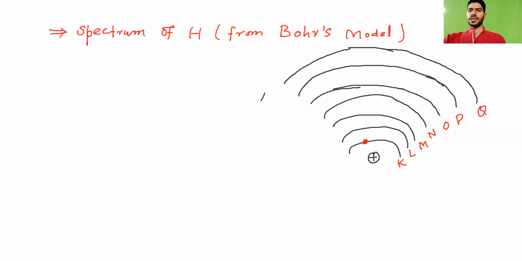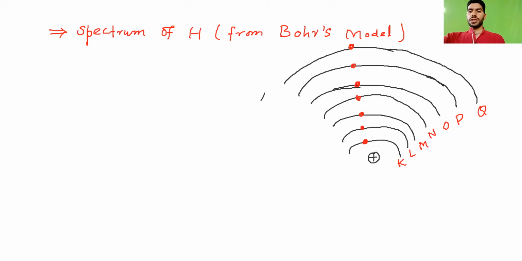Now tell me, when light falls on this electron, I have already told that it will jump. It can go anywhere. It can go into L, it can also go into M, isn't it? It depends upon how much energy we are giving to this electron. It can jump into any higher energy level. Now what will happen? When the electron moves into the higher energy levels, it is unstable there. I have told that in higher energy levels, energy is very high. So the electron will be unstable in these higher energy levels. What will this electron do now? It will come back. So there are various possibilities. For example, if the electron is in Q,